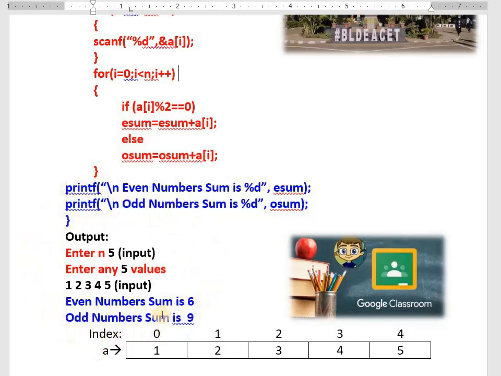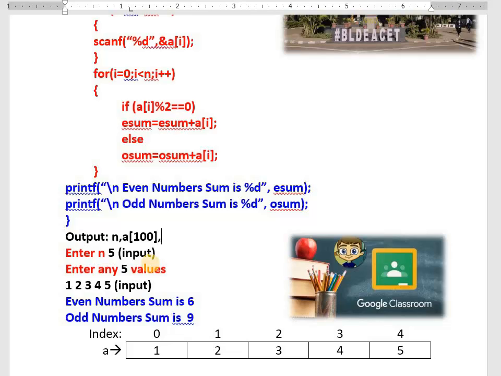Who are you? Programmer. Then how to develop this software? It is very easy. First of all, we need to think about how many variables we need to solve this problem, and why. Somewhere you need to store the n value, that's why we need the n variable. To store those n values, we need one array of maximum size, a of 50, 100, 200, whatever you want.